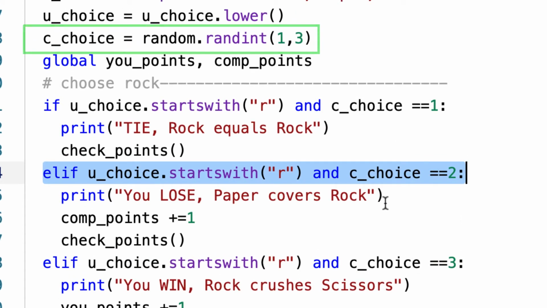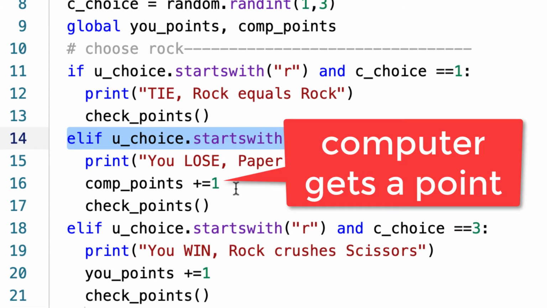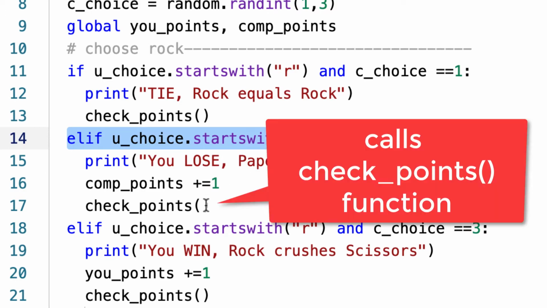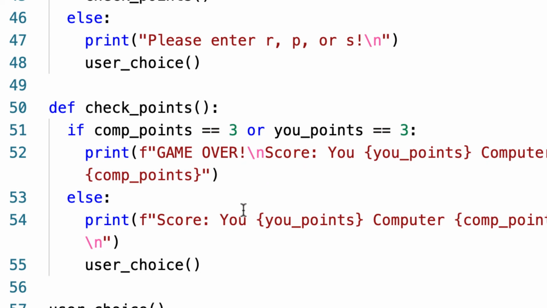Now when that happened, it said you lose, paper covers rock, computer points plus equals 1, so it incremented the computer points, and that's how it got 1 point. And then it ran this checkpoints function. Now that's important, because if you go down, there's a whole other function here called checkpoints, and that basically has